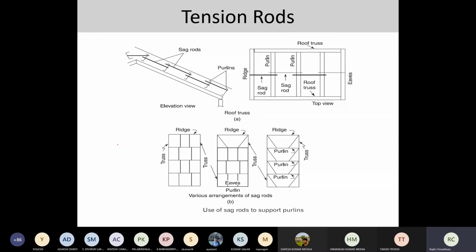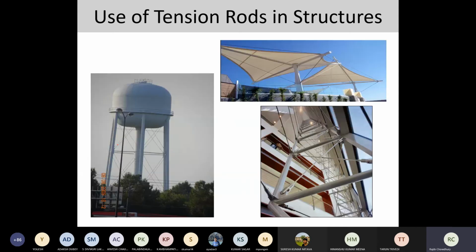How to define the purlins, how to define the rafters, what is the ridge, what is the sag rod, what is the wind bracing, what is the cross bracing, what is the girt, etc. So I am skipping this, but I have just kept it in this lecture slide just to revise or recap what the different components are in an industrial shed